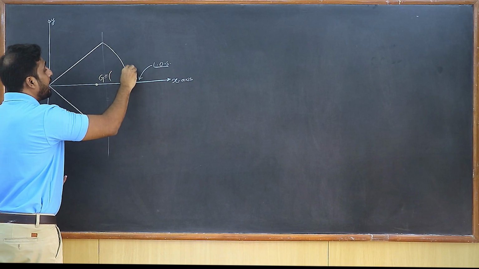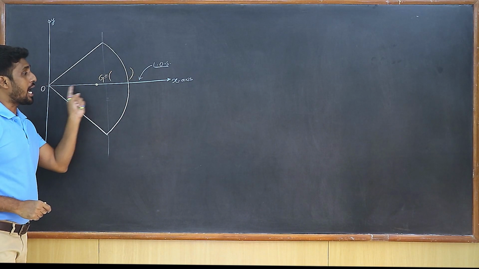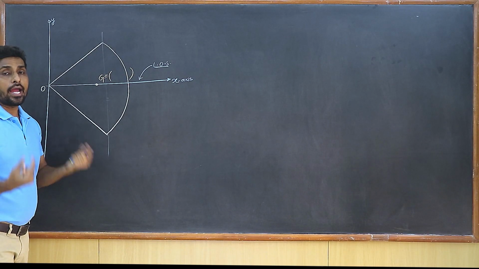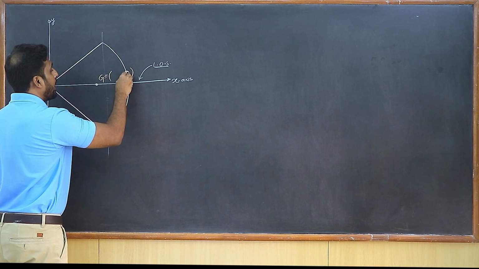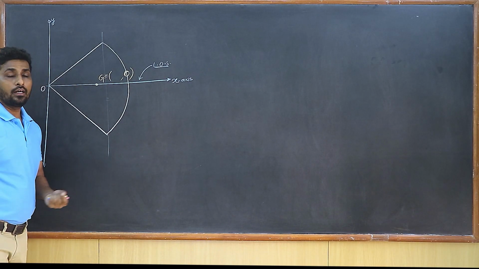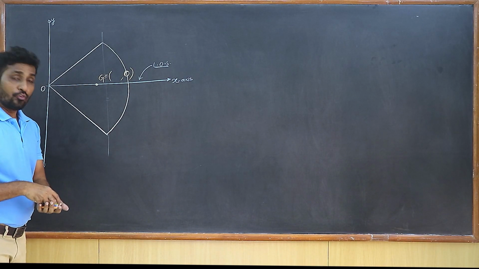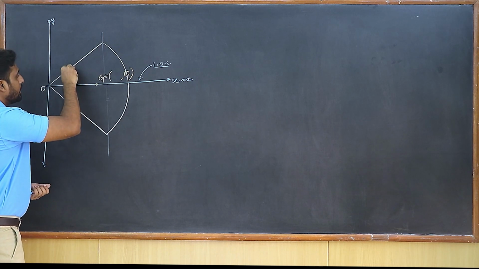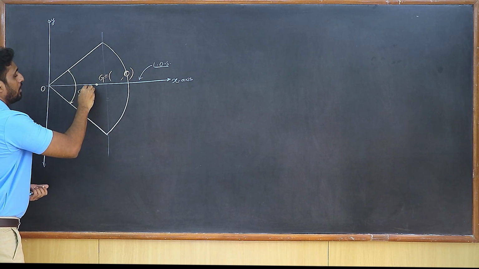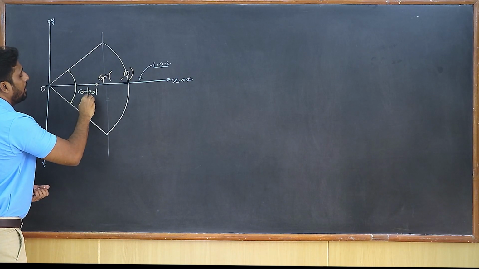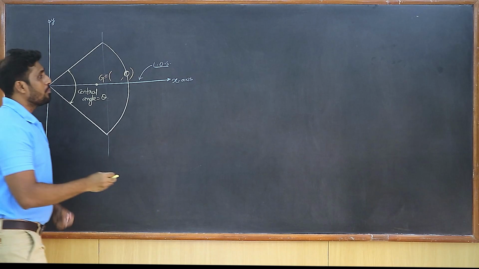Now you can easily tell the y coordinate of the centroid because the centroid lies on the x-axis. Its y coordinate is going to be how much? It is going to be 0. So I can directly write the y coordinate of the centroid as 0 for a sector. Now students, observe carefully. I know that this is the central angle, isn't it? This is a central angle, and let's take the central angle as theta. Then don't you remember that